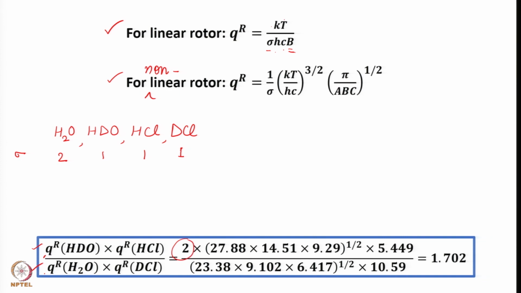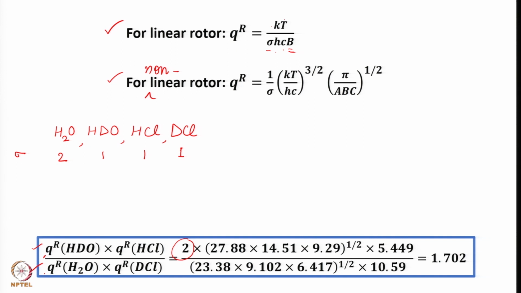We don't need to worry about that. And what else will remain? ABC for H2O and ABC for HDO, B for HCl and B for DCl, and when appropriately substituted in that expression, you have all the numbers